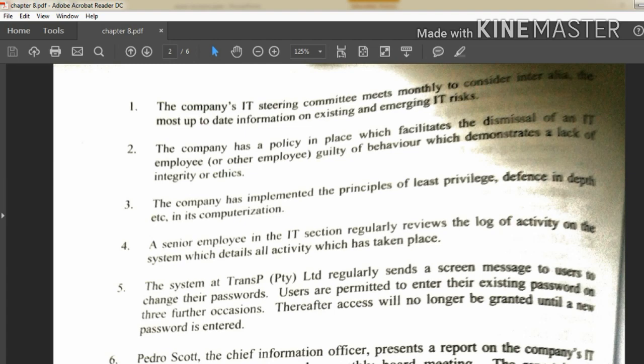Then number 6, we say that Pedro Scott, the Chief Information Officer, presents a report on the company's IT activities to the directors at the monthly board meeting. The report is then discussed in detail by directors and the Chief Information Officer. So this one, for obvious reasons, it's under control environment. Subcategory participation by those charged with governance, meaning that we are involving the directors to also know what is happening